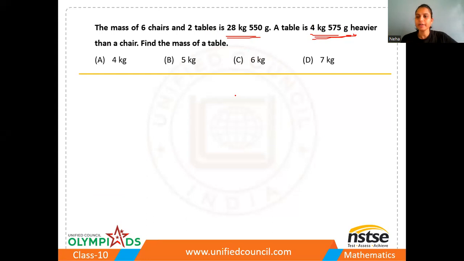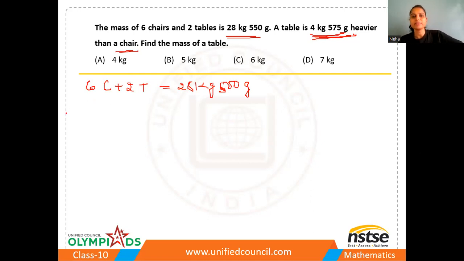Okay, all right. So first of all, a table is this much heavier than a chair. Correct. So in the first line of the question it is given that 6 chairs plus 2 tables is equal to 28 kg and 550 grams. So this question has some basic calculations. So what is the mass of a table? Mass of a table is 4 kg 575 grams heavier than a chair. Okay. So I can write it basically that 4 kg